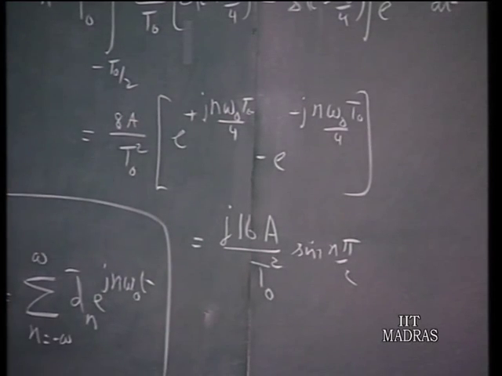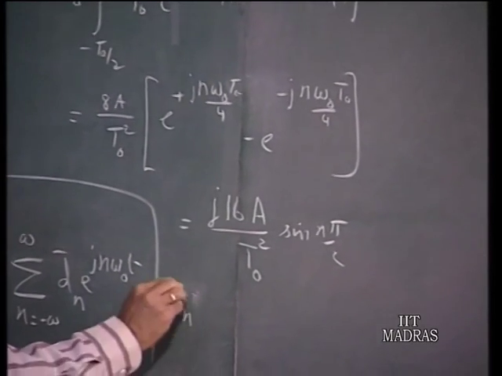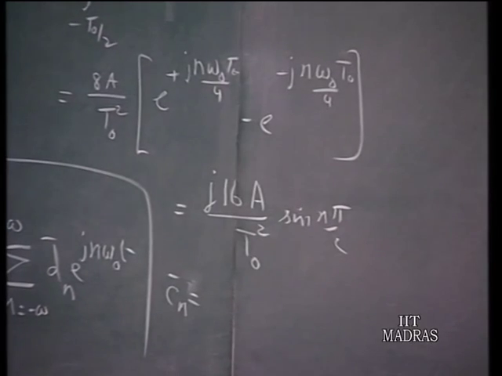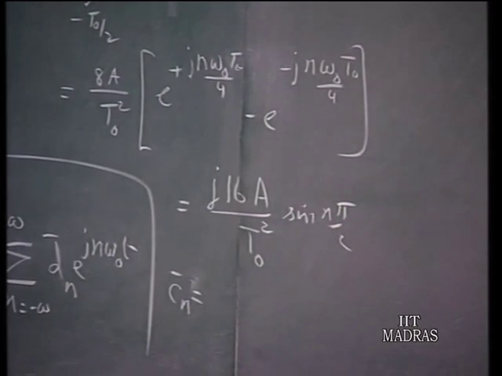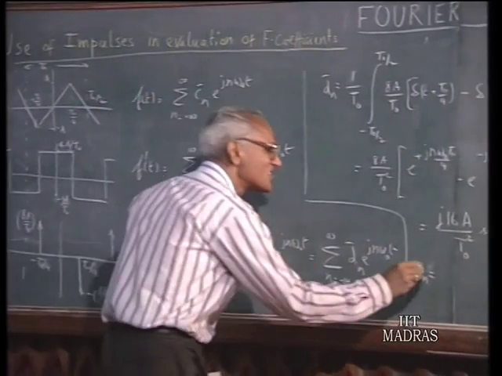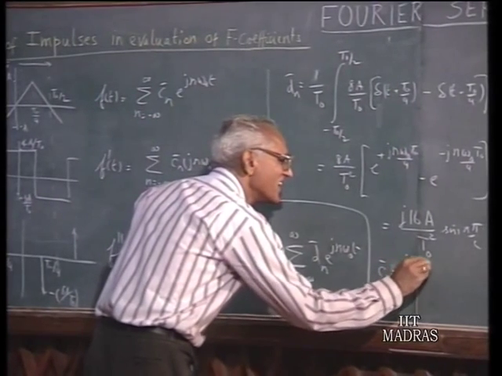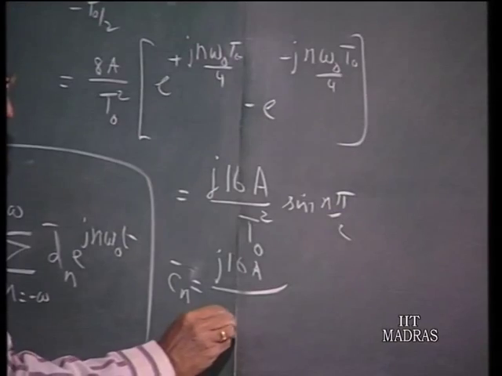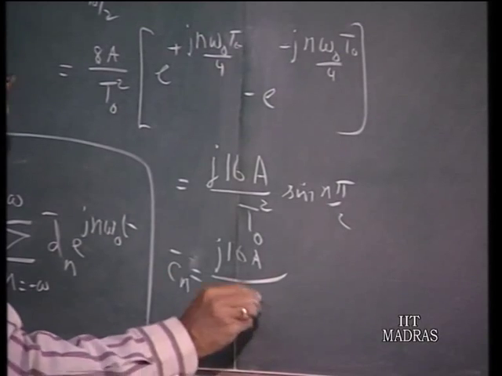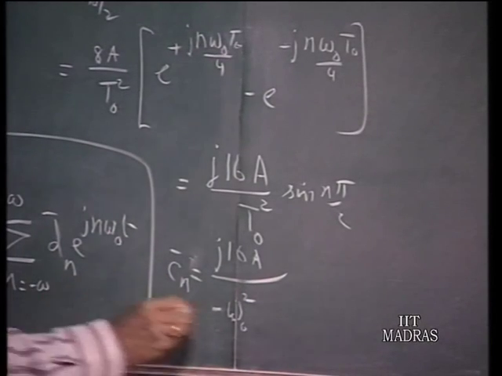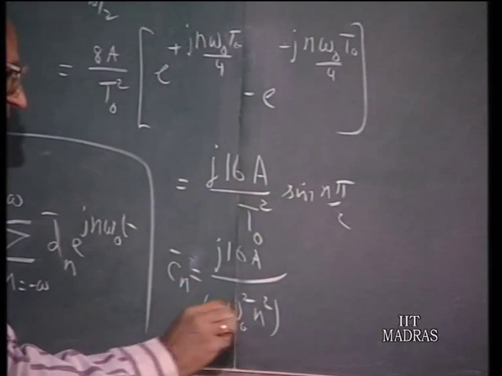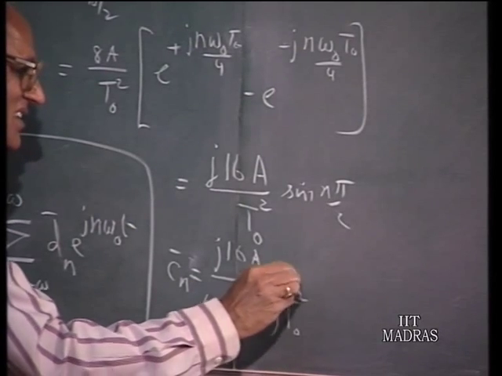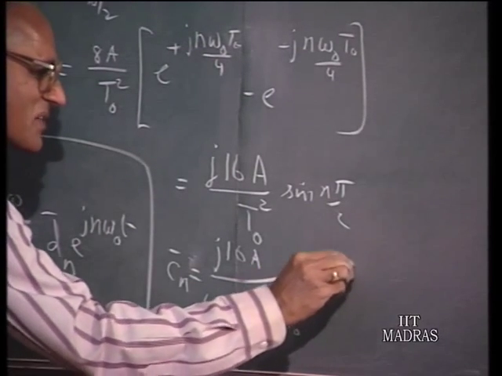This is your dn, therefore Cn will be obtained by dividing dn by minus n squared omega naught squared. So j16a upon minus omega naught squared n squared t naught squared sin n pi by 2,